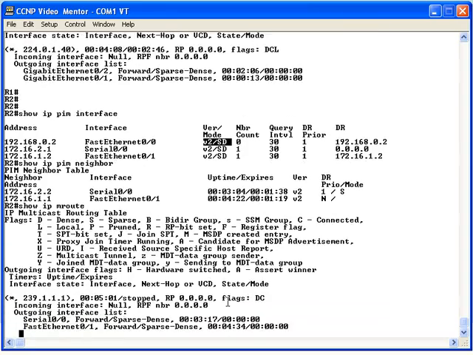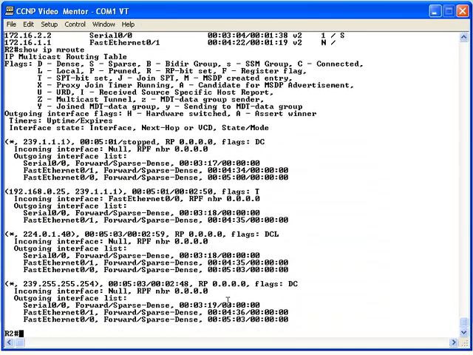If we do a show IP mroute, it looks like we have more activity going on here than we did earlier. Look at this. First of all, let me direct your attention to this S, G entry. And S, G is where we do have the IP address of the multicast source, as well as the G, the group address, which is 239.1.1.1. You see, I have a multicast source plugged into Fast Ethernet 0/0, and the IP address of that source is